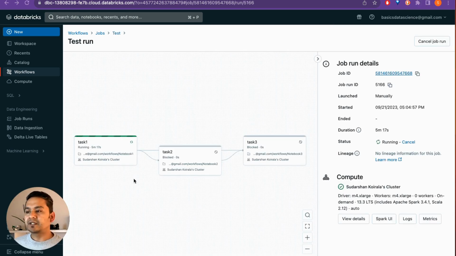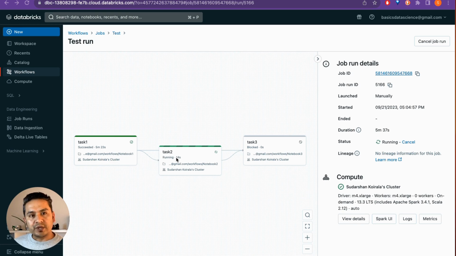Okay, so now task 1 is running. As you can see here, I was surprised why it took so long. But what happens is I created a cluster before and I set 10 minutes of inactivity, after which the cluster shuts down, meaning that it took some time to start again. That's the reason. So as you can see here, task 1 is completed